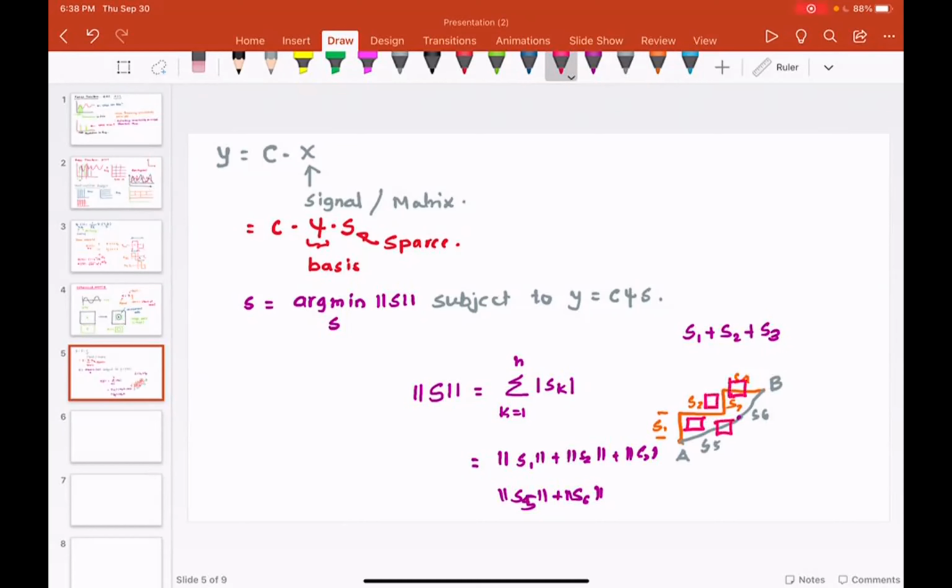So these are the constraints, right? Your path cannot go through these objects. So given the constraint y equals C phi S, what is the best path to go from point A to point B? This is the optimization problem, and that is the mathematical description of that optimization problem.